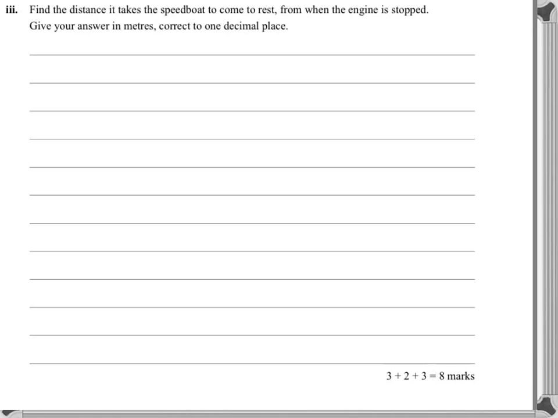Done. Find the distance it takes the speedboat to come to rest from when the engine is stopped. Give your answer in meters correct to 1 decimal place. Let's do this. v is dx/dt. And there's our velocity function we determined. So dx/dt is equal to that. We're setting up another DE, and this time we're going to work out the distance. So x is the integral